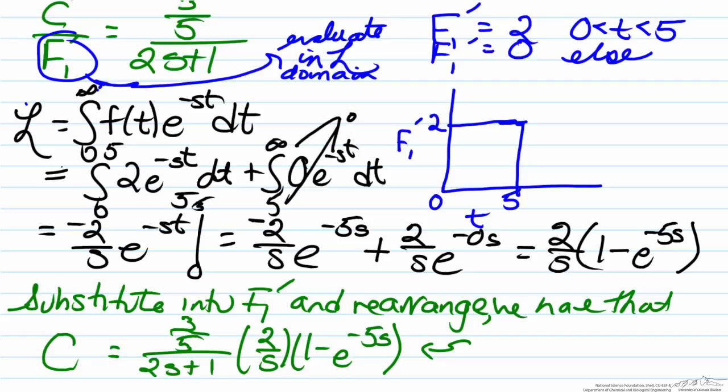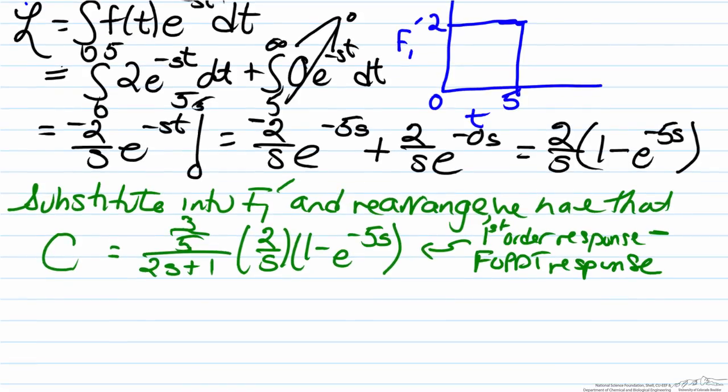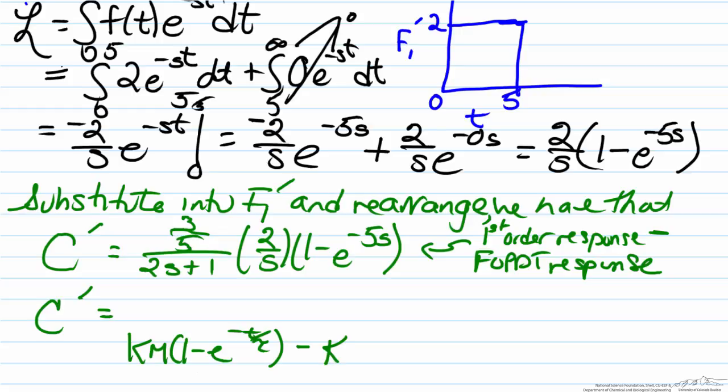What this represents is a first order response minus a first order plus dead time response. So there are tables in which you can evaluate it explicitly. C prime, our deviation variable here, will equal the following. The first order response is of the form Km times (1 minus e to the negative t over tau). The dead time response will be of the form Km multiplied by (1 minus e to the negative t over tau), but this t has to be replaced by the dead time, t minus t naught, and the second term is only valid when t is greater than t naught.